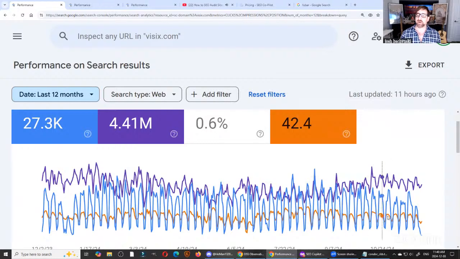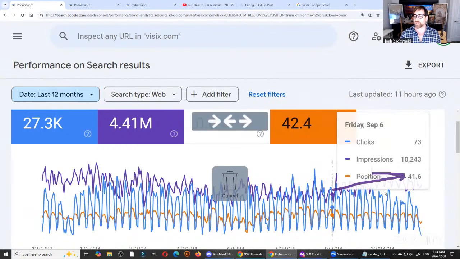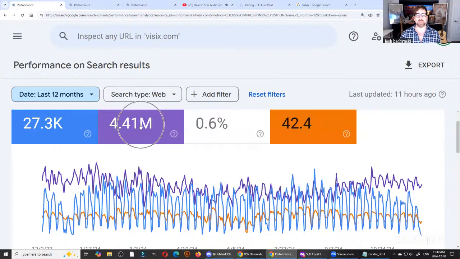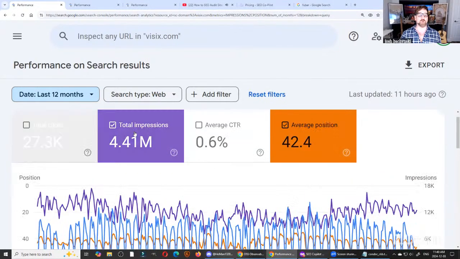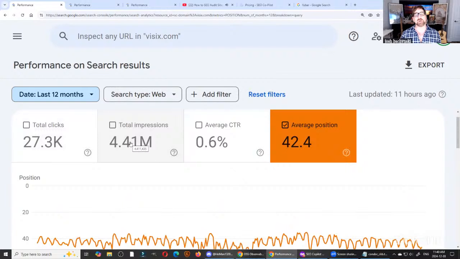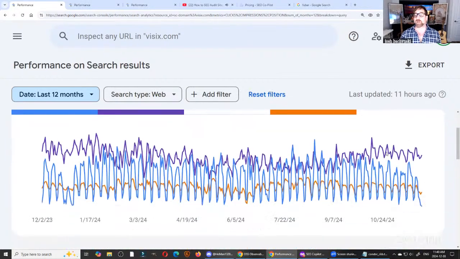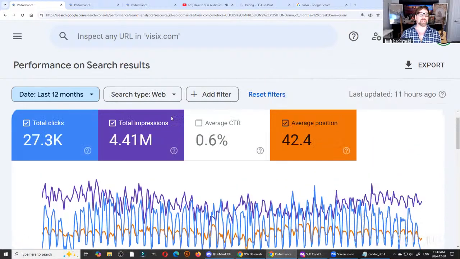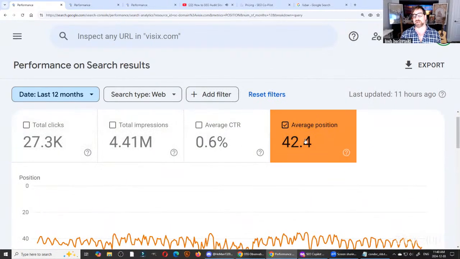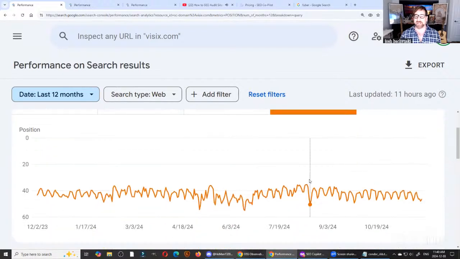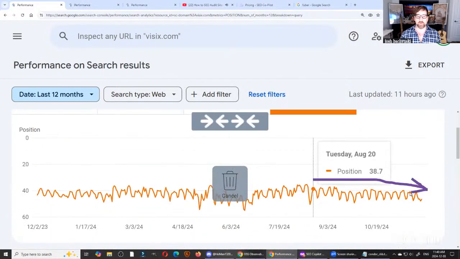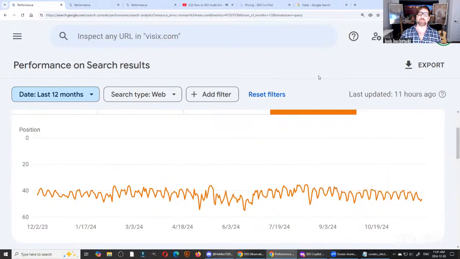Why is this better? Because the impression lines go up. It's this color here, the impressions, that are the most important one. Now you might be like, what, Josh? Isn't that counterintuitive? Don't I only care about this orange line here? And the answer is partially yes, but mostly no. Mostly it's the impression lines here, which tell us whether you're doing well or not. Why? Because if you just looked at the Search Console search results line, you'll see it's going down. And you might be like, oh, the rankings are going down. This is bad.